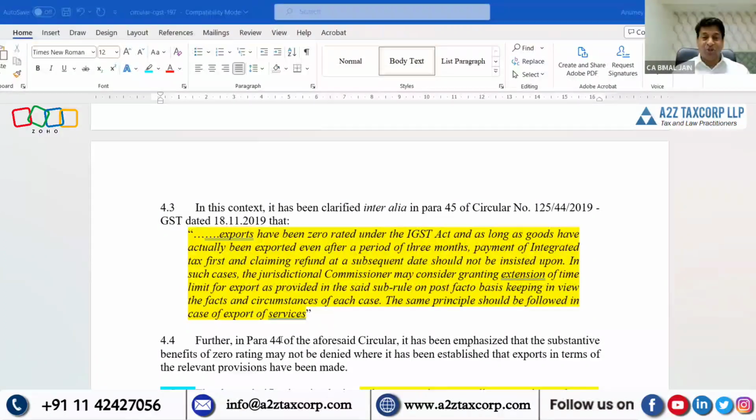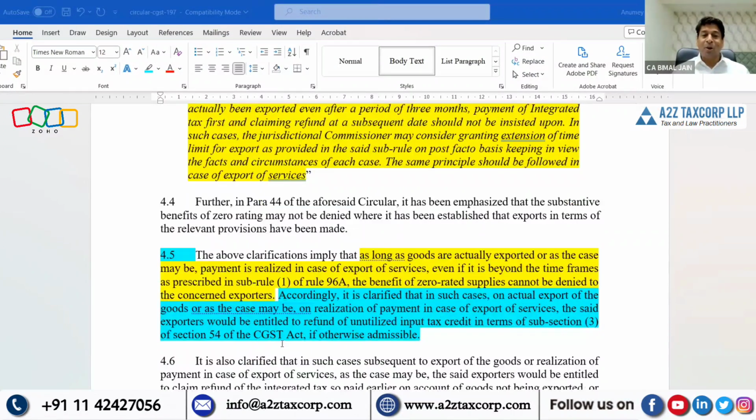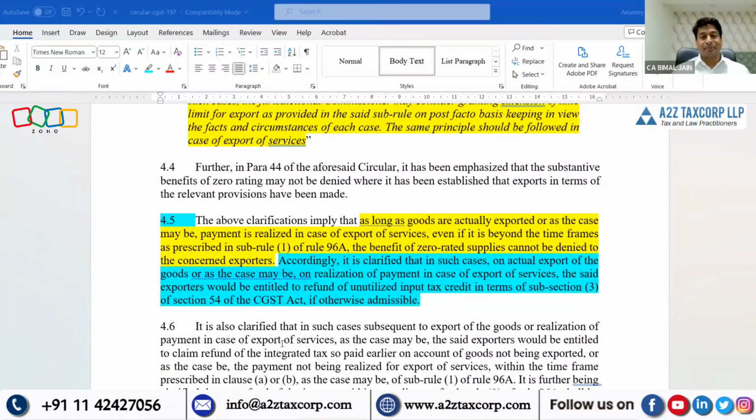So in this given situation, now we have to look at what is the clarification. As long as goods are actually exported, or as the case may be, payment is realized in case of export of services, even if it is beyond the time frame as prescribed, the benefit of zero rated supply cannot be denied